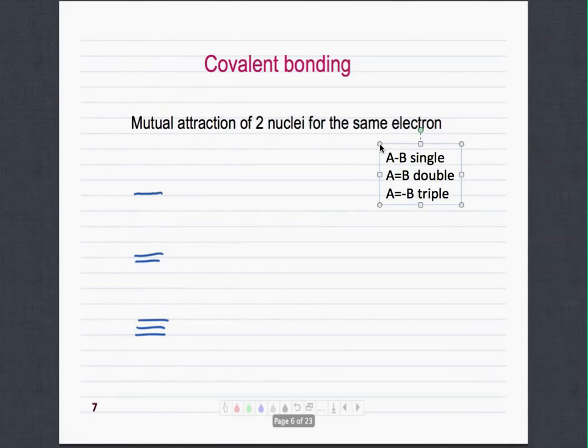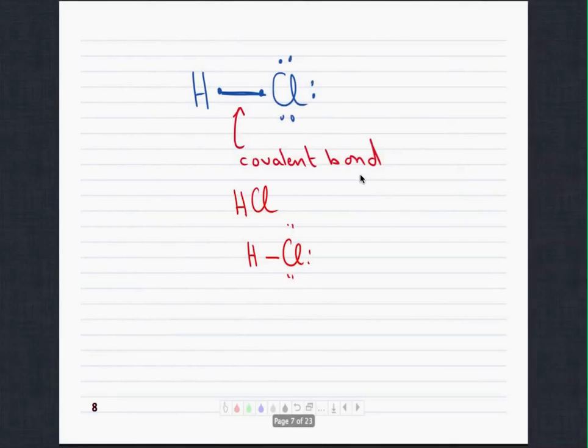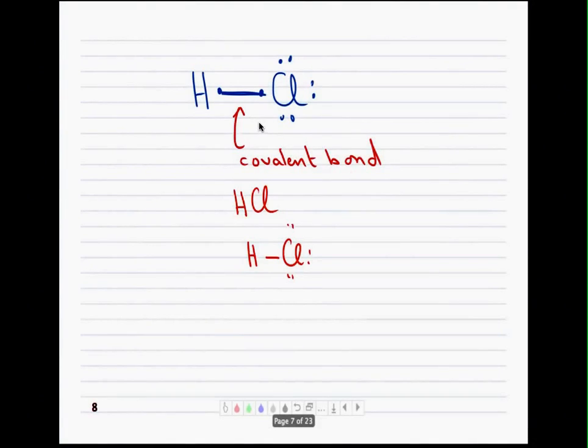An example of a covalent bond is H and Cl. HCl is a covalent bond. How did I know that? We said that all group 1 and 2 elements, when they form compounds with the non-metals of 5A, 6A, and 7A, are ionic, except for hydrogen. So hydrogen with any of the non-metals of group 7A, 6A, 5A is going to be a covalent bond. And this is how we represent it: H bond Cl